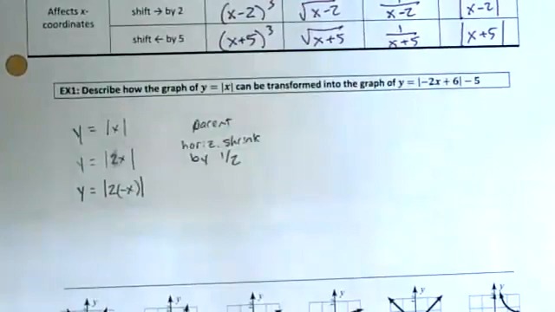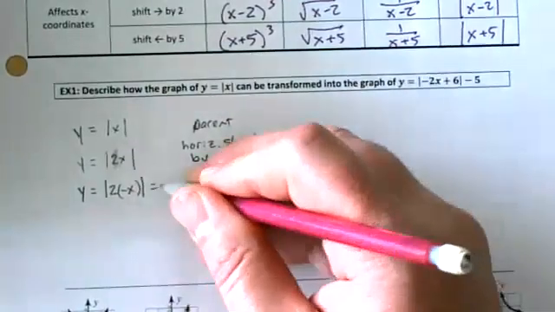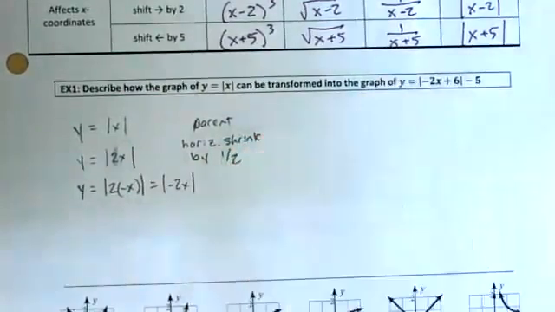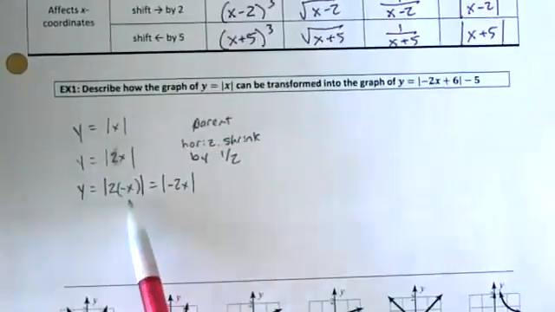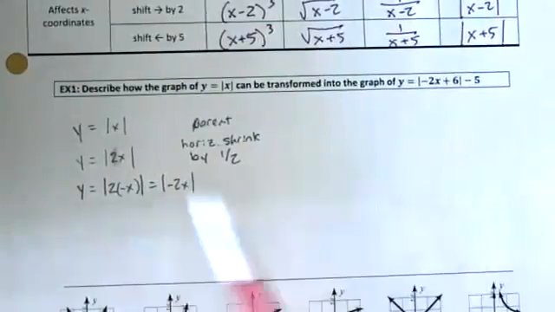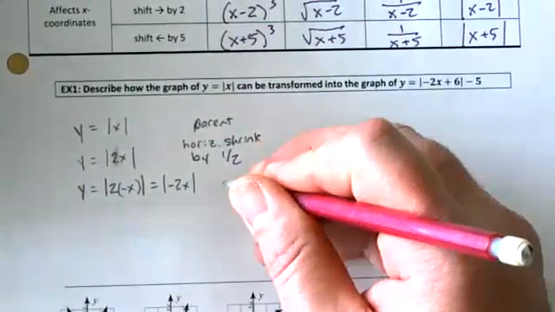Now, is that the same thing as if I had written absolute value of negative 2x? It simplifies to that. Yeah, that's fine. Okay. So that worked out. But I want you to get in the habit of writing this way, and it's because it's going to become important. Okay. So this is our reflection